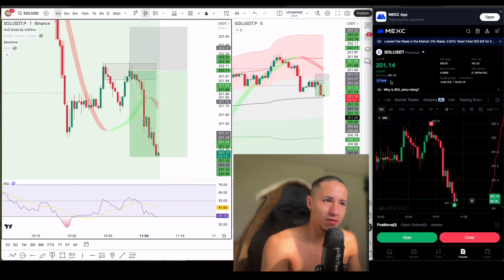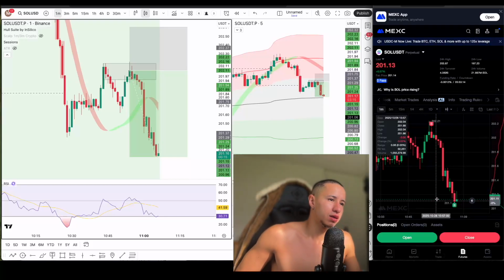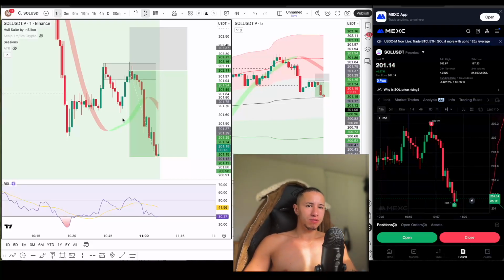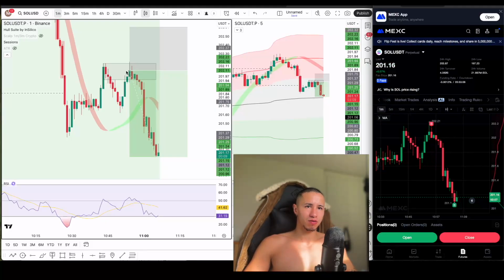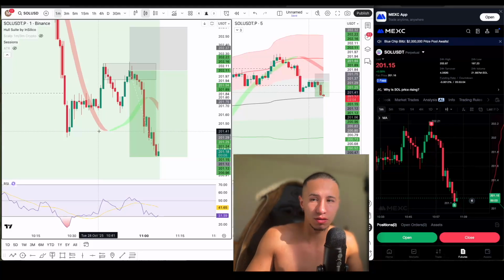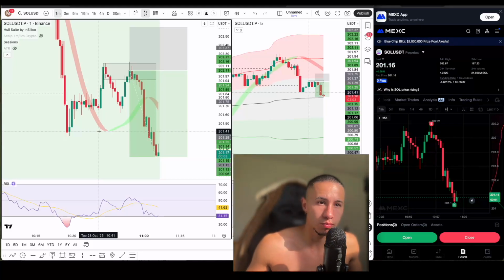But thanks to having no fees, that will compensate for it. So that's a great trade right now. That's a really nice one. Look at this trade, man. Straight down, boom. So this is not luck. This is pure